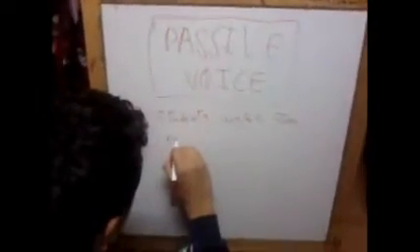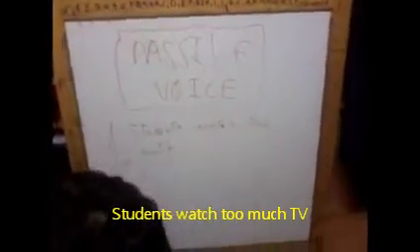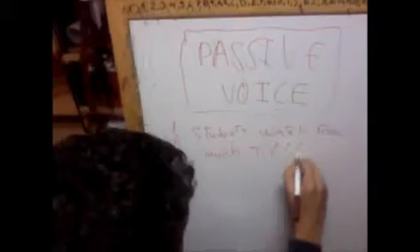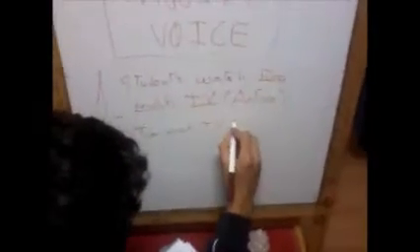Too much TD, that is the active phrase. We can see that to pass this active phrase into a passive phrase, we need to put too much TD, and now we put the verb to be, and then the main verb in the third form, that is watched, because it's regular, by